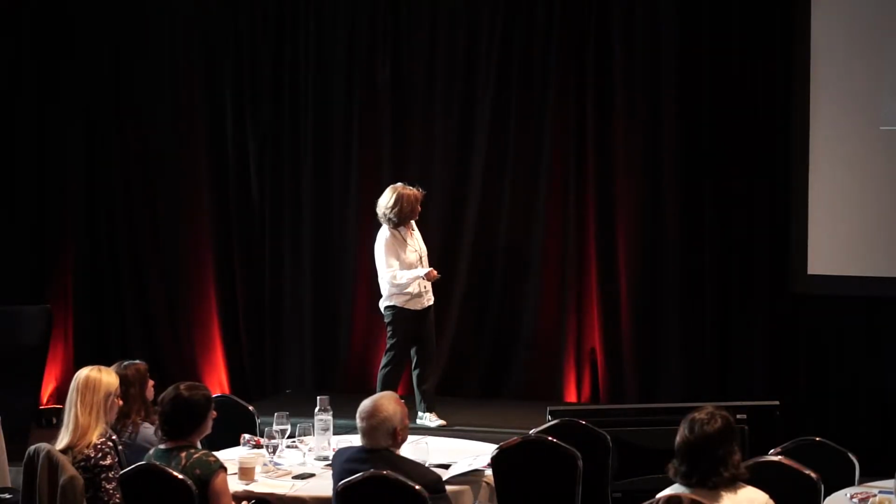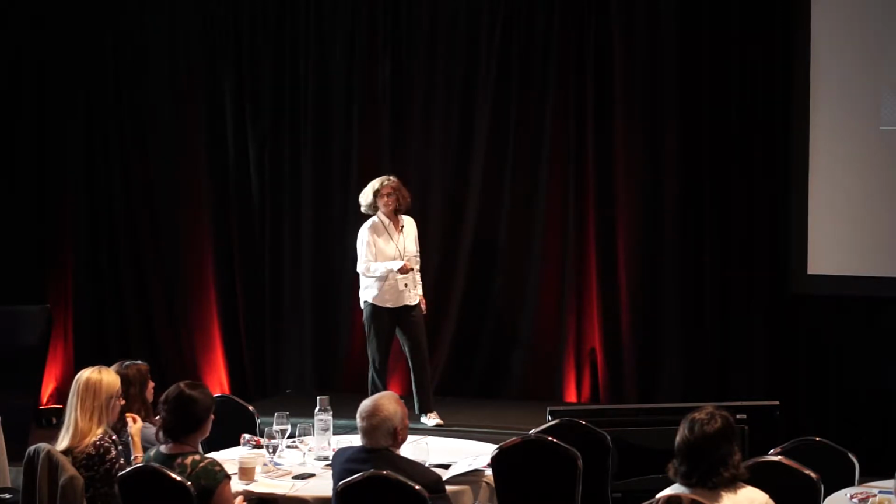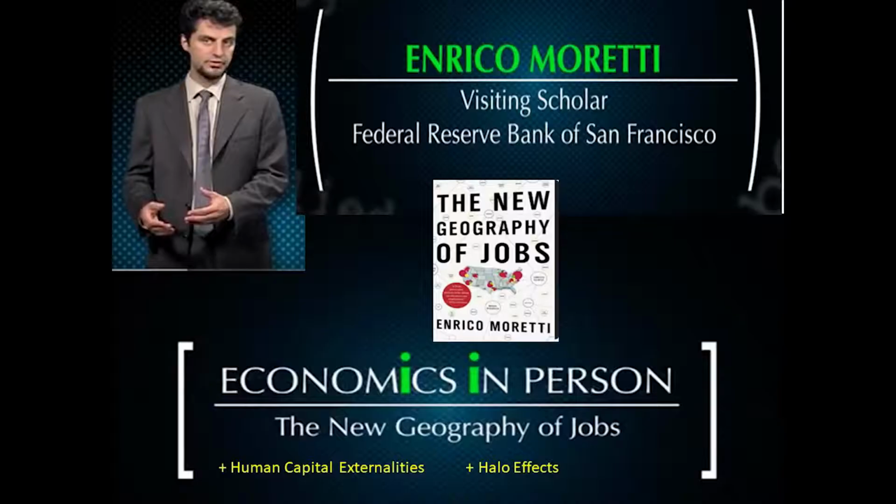If someone else wanted to take him a little bit further, if you were doing this for micro, you could do the human capital externalities, looking at the aggregation of schooling in a particular area and how that changes those individual returns. You could look at halo effects, so looking at something like Apple in the Bay Area, which maybe has 13,000 jobs, but there are 70,000 jobs that come out of those 13,000 that are related to that. That's not something that I do, but it's something that one could do.